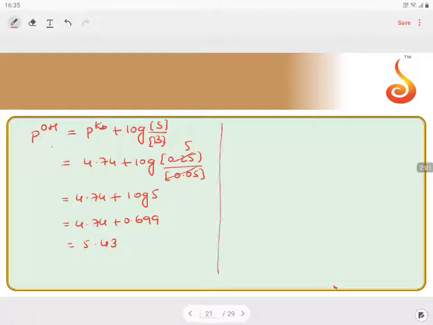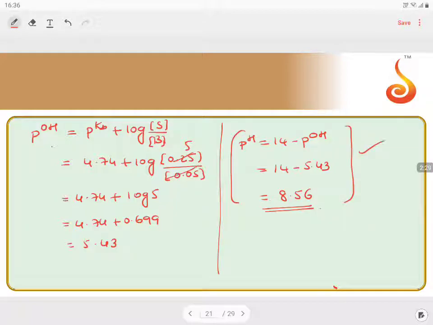So now we got pOH, then pH is equal to 14 minus pOH, which is 14 minus 5.43, comes to be 8.56. So now we have the pH value. If they asked us to find the pH, we can find it in this particular one. Since our question is not about finding out pH, this is an exception. If that is not asked, no need to go. This is a basic buffer calculation part.